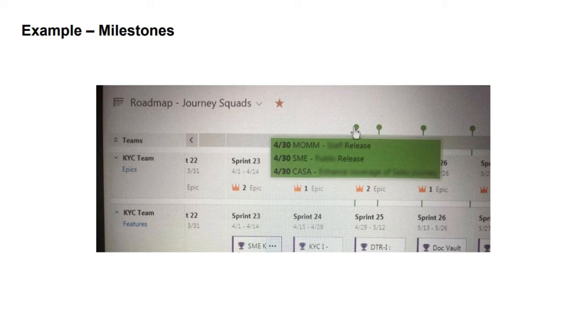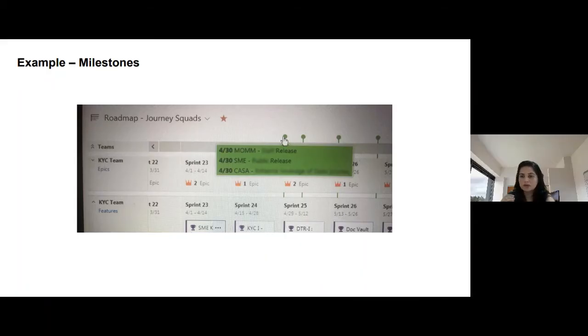For example, on 30th of April, MOM, SME and CASA, three teams, went live with different releases. If they just click on this first round button, they'll know who's going live when. And if there is a very big release where five teams are going together, they know this is an important day, and they have to keep some time for testing or anything else, to see how it went live and all those things. So this gives management a very good view.